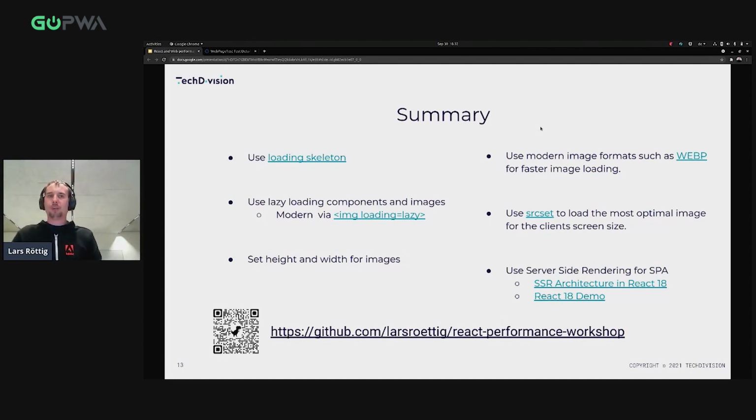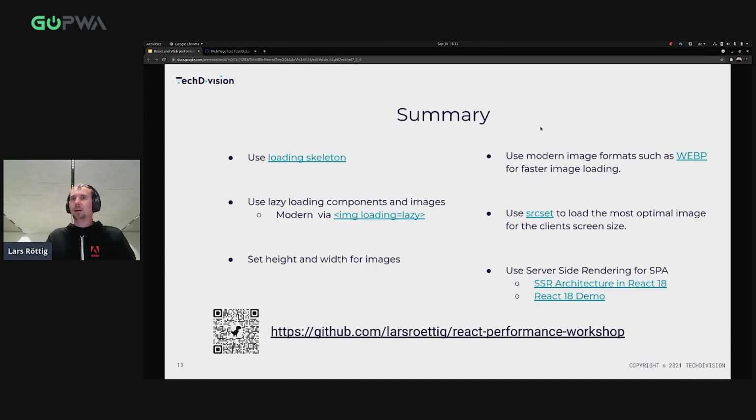And I'm really happy to already spoil something here about server-side rendering for SPAs and React 18. I had the pleasure to play around with the new feature, and it's so promising. I tried getting PWA Studio working on Next.js, and I didn't get so much better performance with server-side rendering in Next.